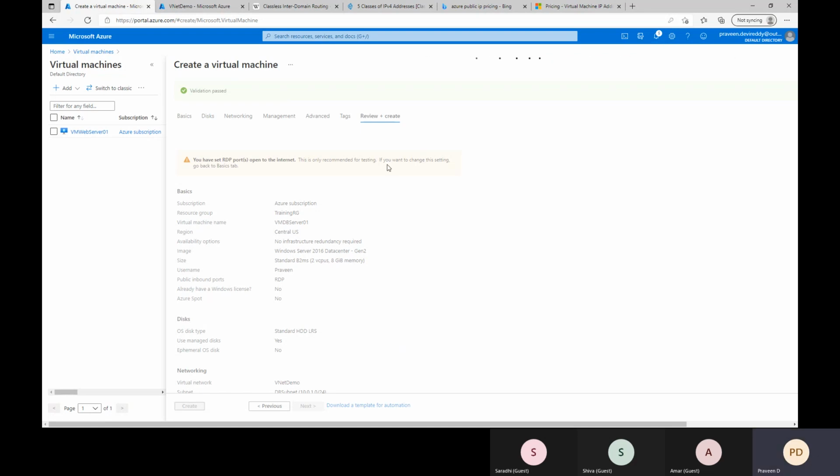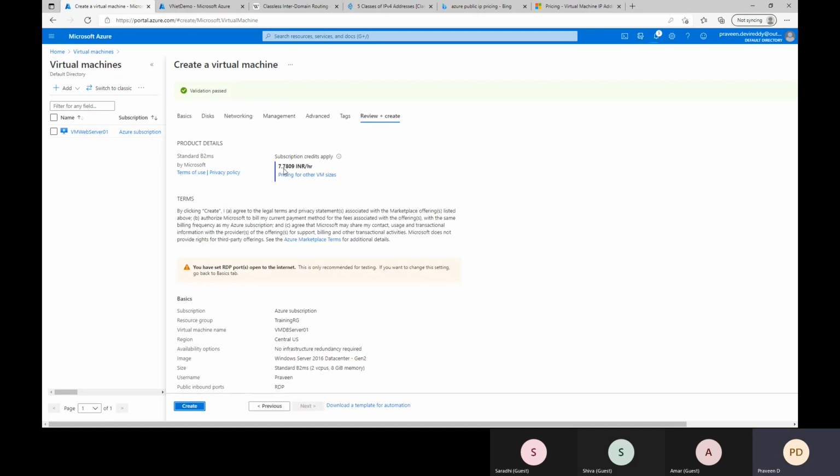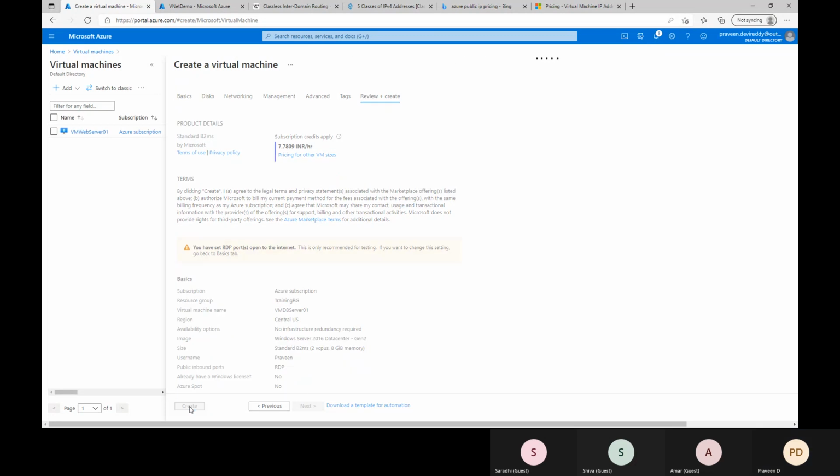At the final step, before clicking on create, validate the pricing, whether it's in our estimation or not. By chance, if you selected any higher size, a higher-end configuration, the charge may be more. Anyway, it's for practice purposes only.